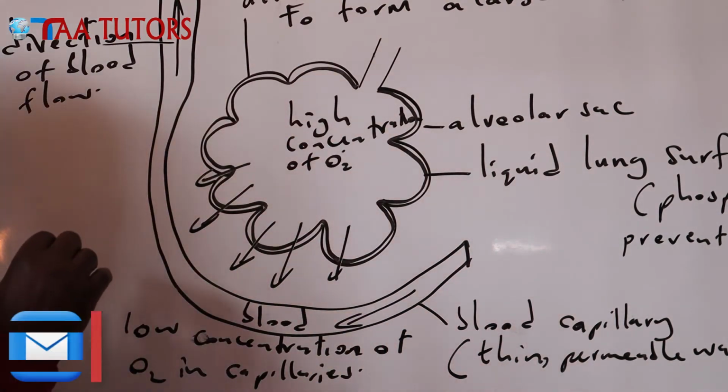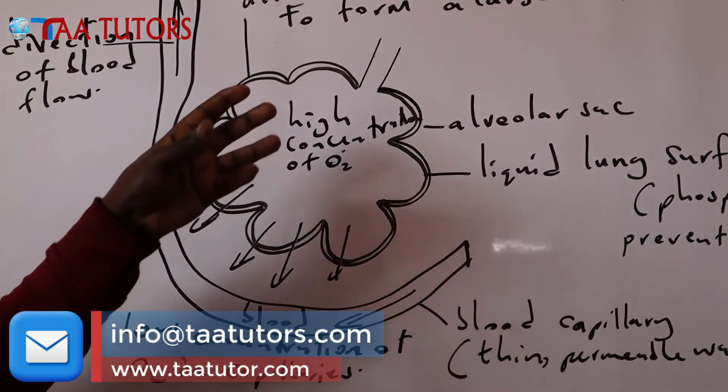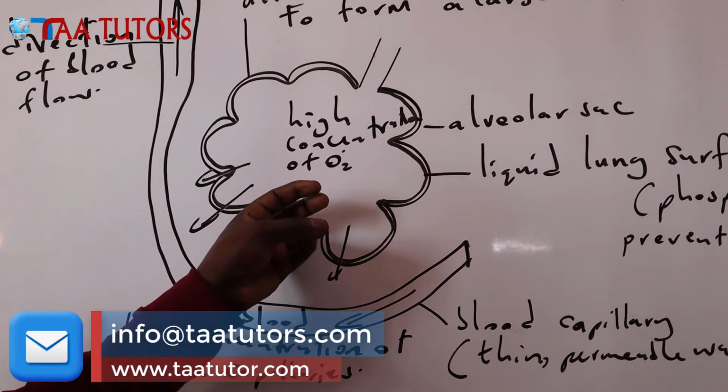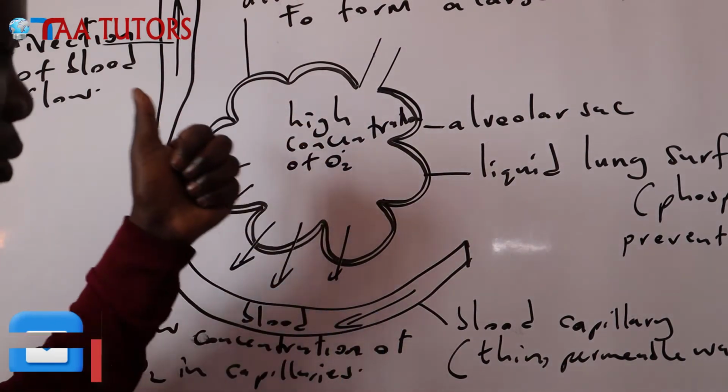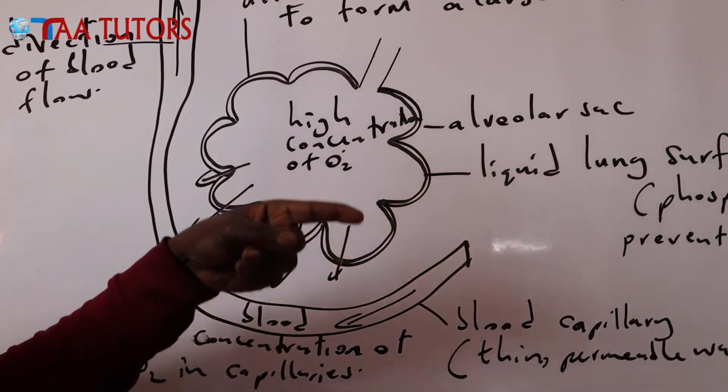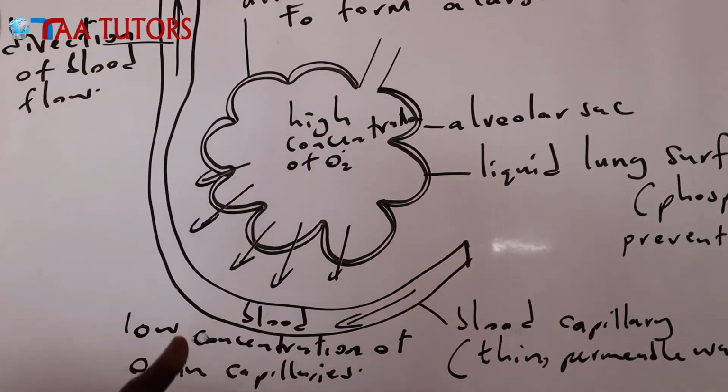Then number two, these particular walls, if in any case they are not strong enough, can collapse, just like we saw in the trachea. The trachea had cartilage so that it remains open all the time. How about the lungs? Can the lungs collapse? Yes, they may collapse. So to prevent this, in between here,